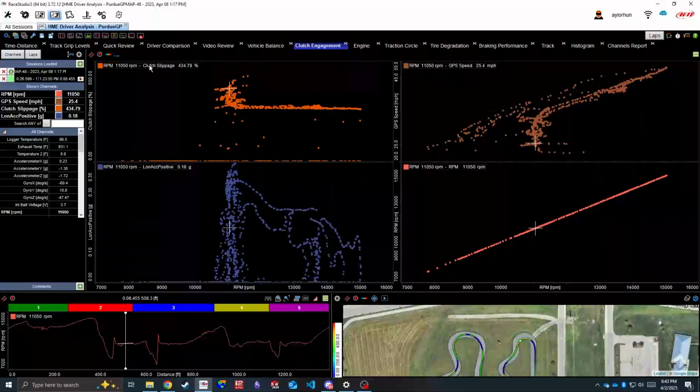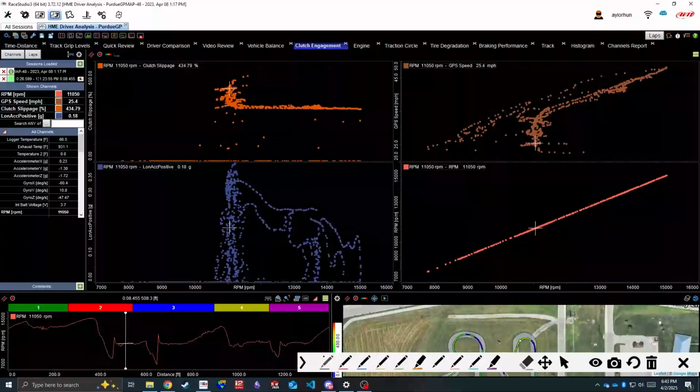If you don't want to use a custom math channel, you can also simply plot your GPS speed versus RPM. And in much the same way as our clutch slip channel, this will give you very similar information. As you can see here, as our RPM increases in the upper levels, there is a linear relationship between the GPS speed and RPM. However, when we get near what we think is our clutch stall speed, we notice that this relationship transitions into a non-linear one, until eventually